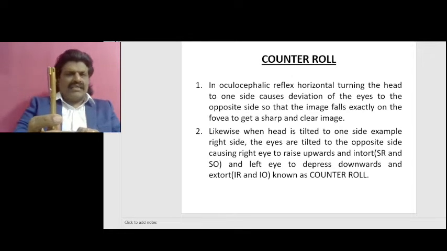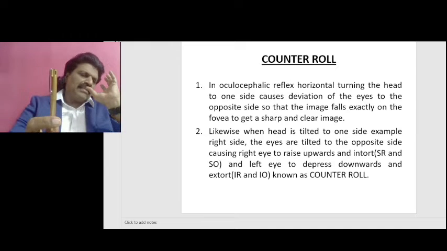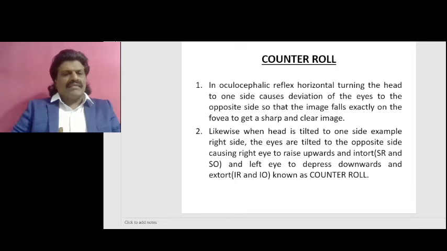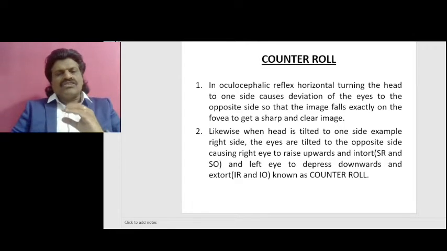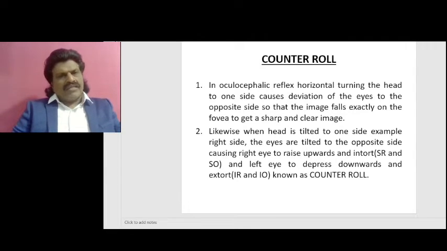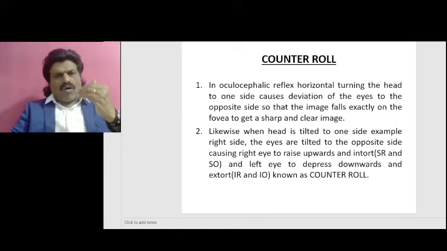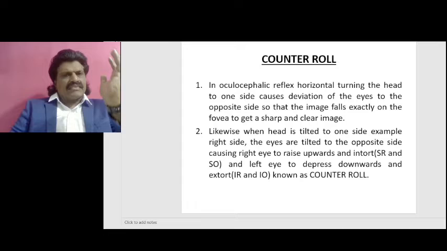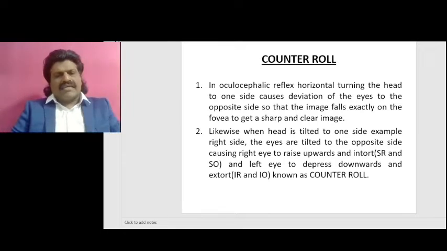So when I tilt the head to one side, the eyes also should go to the opposite side in a tilted manner, exactly like the oculocephalic reflex. This is known as the counter role. So when the head goes to one side horizontally, eyes go to the opposite side, it is oculocephalic reflex. But when the head tilts to one side and eyes get tilted and go to the opposite side, this is known as the counter role,